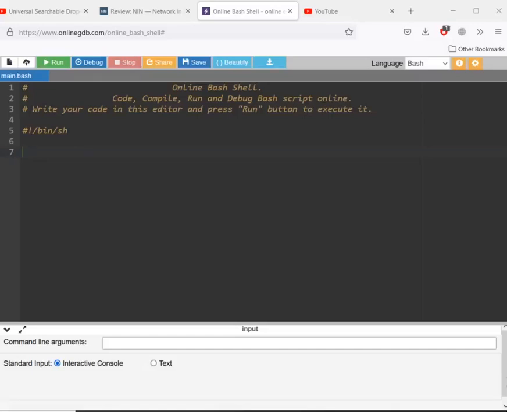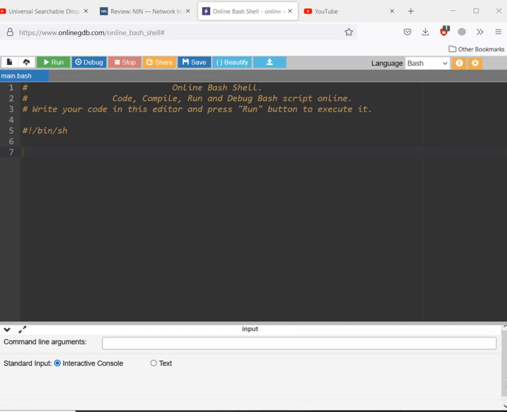Hello everyone, this is our third class and in this class I will tell you how to use variables in scripting languages. In the previous class we have learned how to read input from user and print the output in the console. Now in this class I will tell you how to create a variable, access a variable, modify a variable and delete a variable.